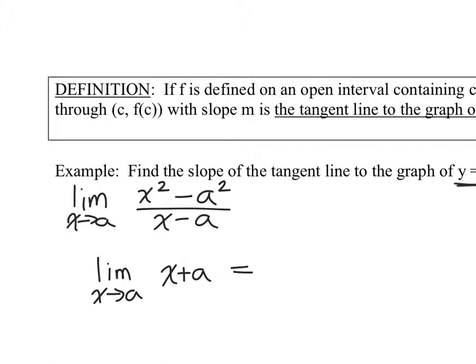All right, so our choices are to replace all the x's with a's or all the a's with x's. It really doesn't make a difference because we're going to be substituting in a second. Now, this definition uses c and f of c. That's what most textbooks do, c for constant. It really doesn't matter as long as you're using some constant value. You can go x approaches c instead of x approaches a. That's not a big deal. All right, so I'll go and replace the a's with x's. So x plus x